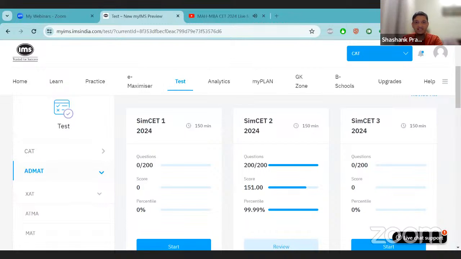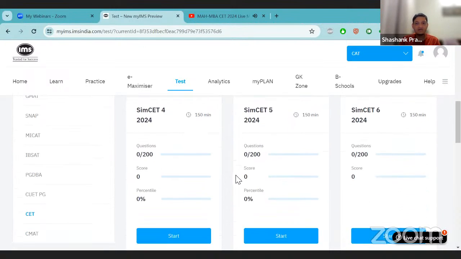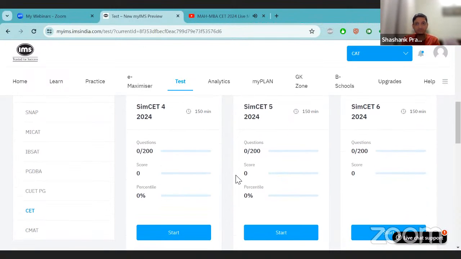Okay. So that is my MAH login. SimCET 2 was the one that I had solved with rough work and everything, and that was basically where I had scored 151 that time. Today we'll be looking at SimCET 4. And again, as I mentioned earlier, I'll not be using any rough work as such. I do not have a tablet